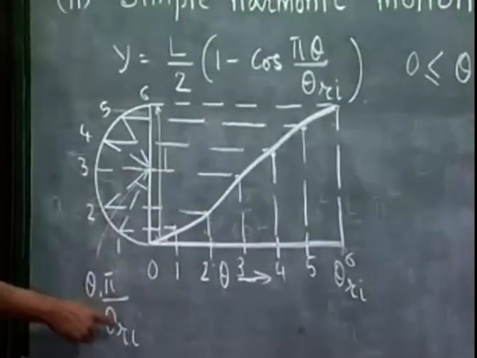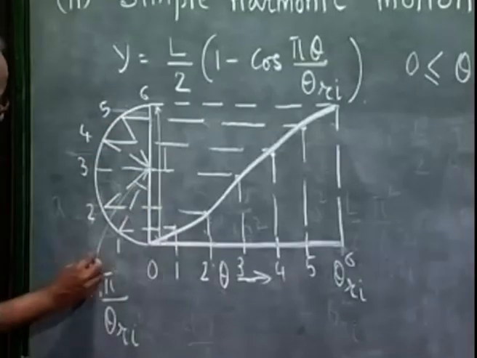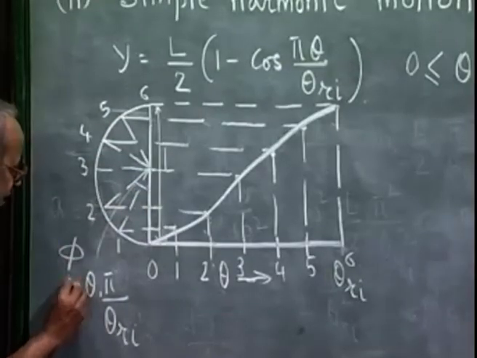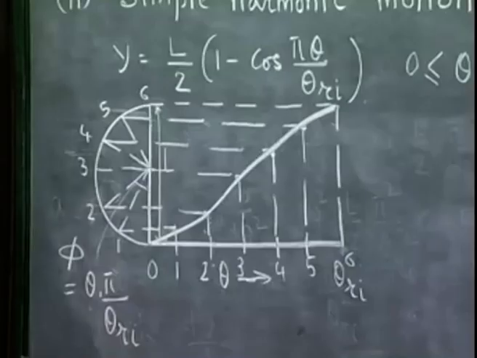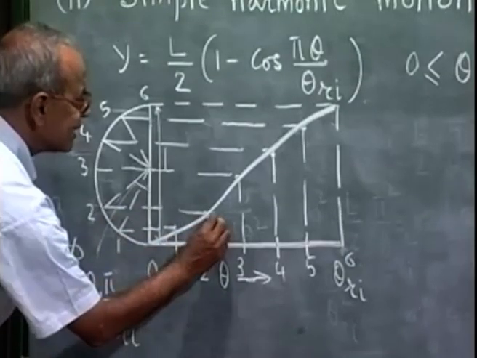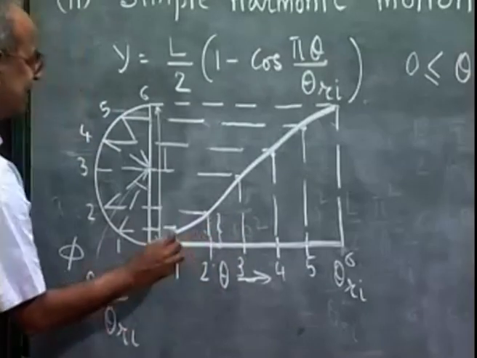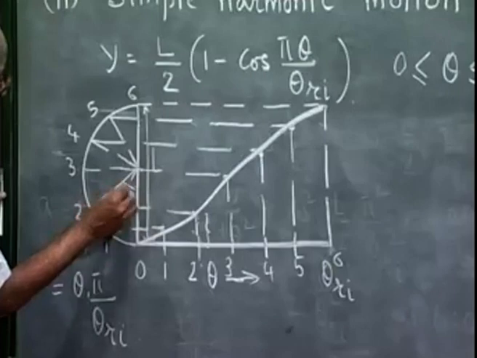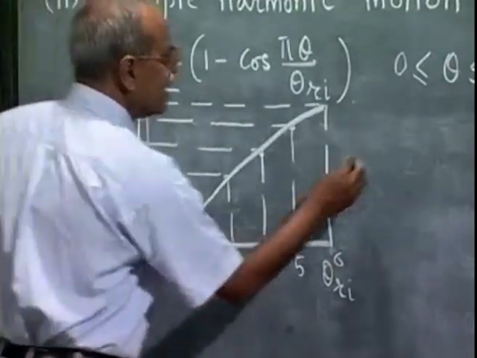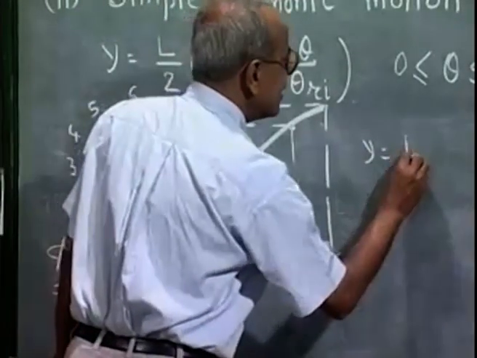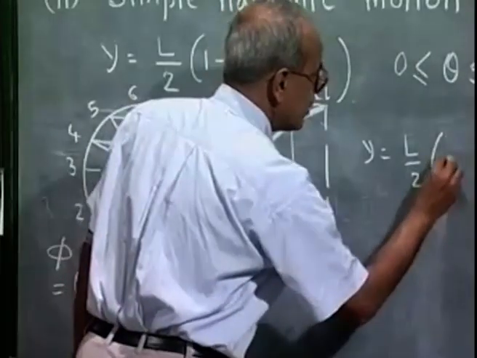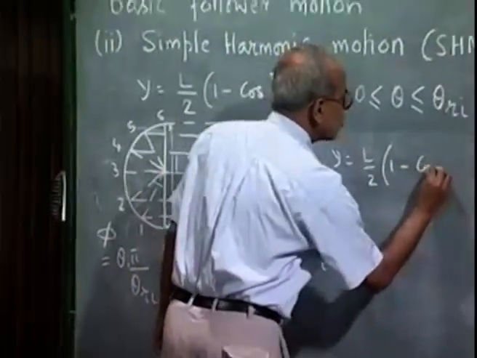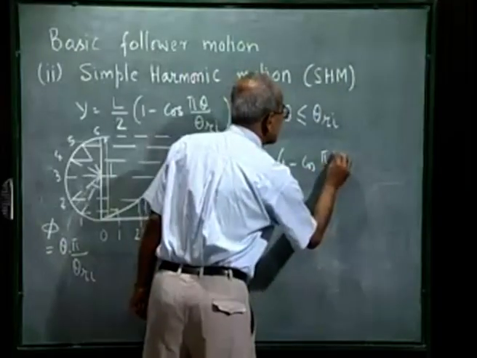As theta goes to theta Ri, this angle, let me call it phi, goes to theta into pi by theta Ri. So, this distance is L by 2 minus this distance, which is L by 2 into cosine phi. So, y is becoming L by 2 minus L by 2 into cosine phi, which is nothing but